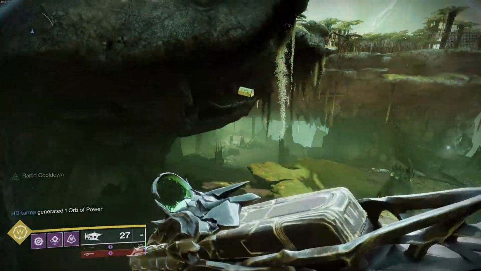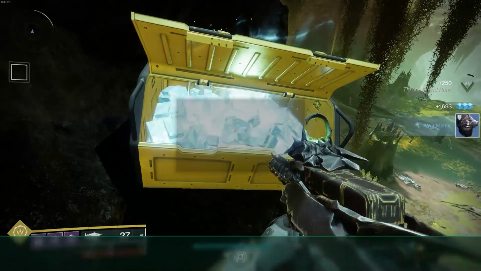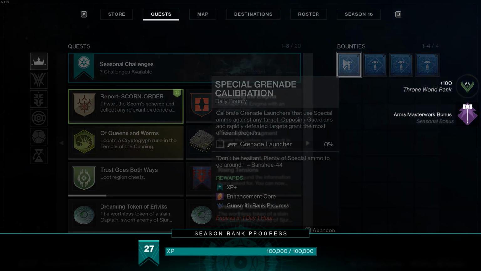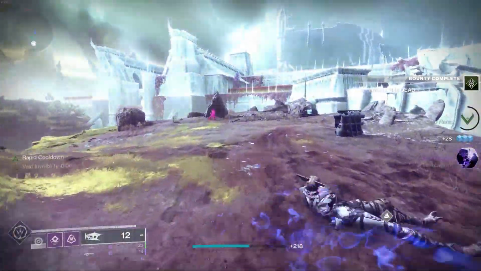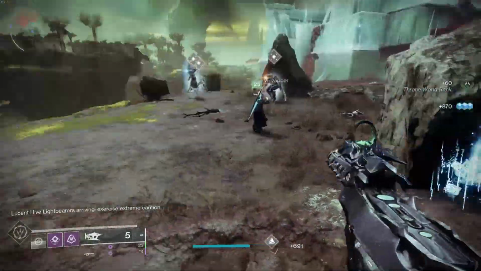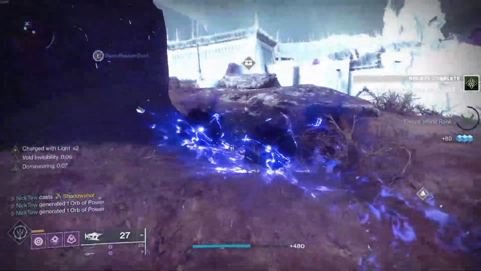So there's a ton of different ways to get Throne World rank. Pretty much anything that you do in the Throne World is going to give you additional rank, meaning bounties, picking up any resources, doing lost sectors, doing public events, killing high value targets. Pretty much all those things, doing patrols as well, are going to give you Throne World rank. However, doing some things such as just farming public events over and over again is going to be a bit slower than doing other things,